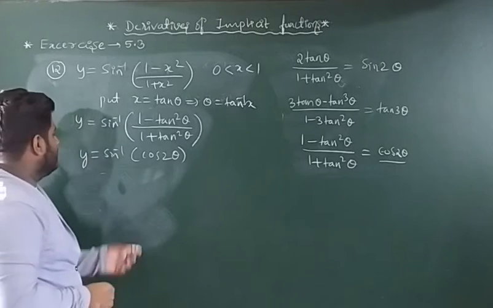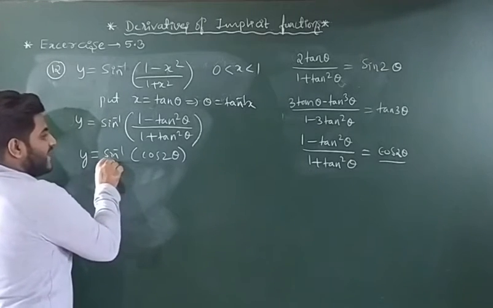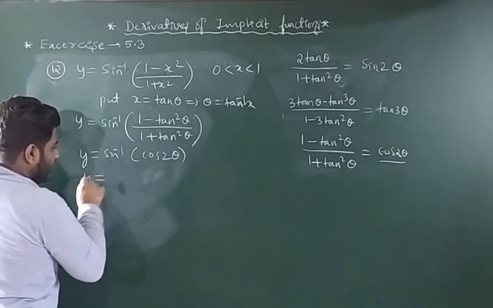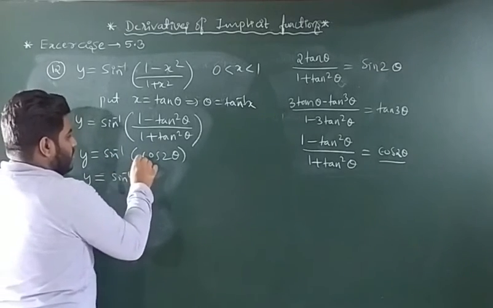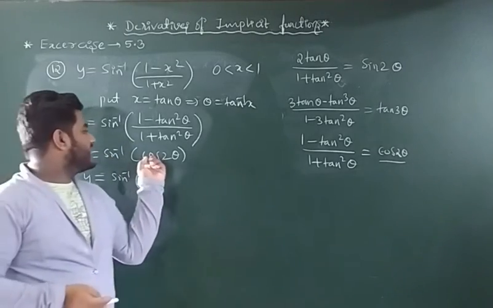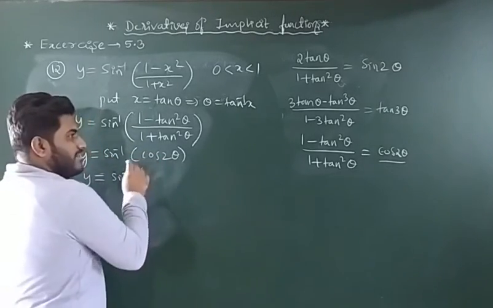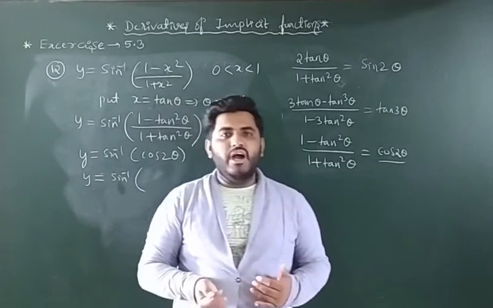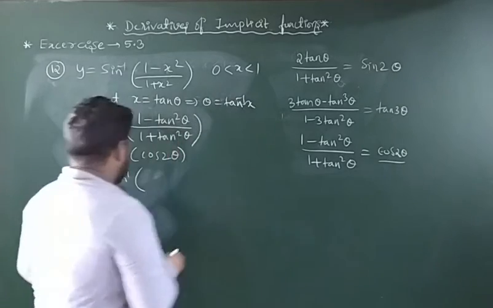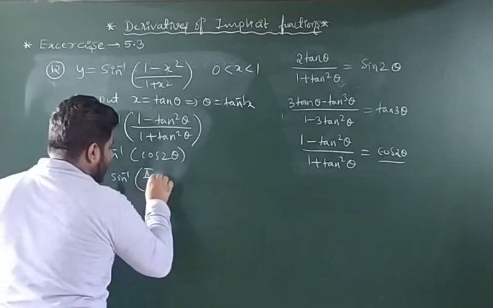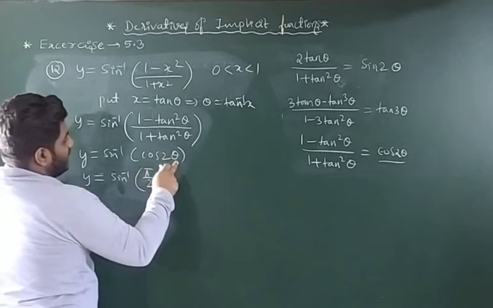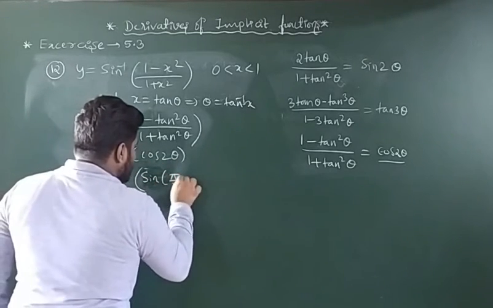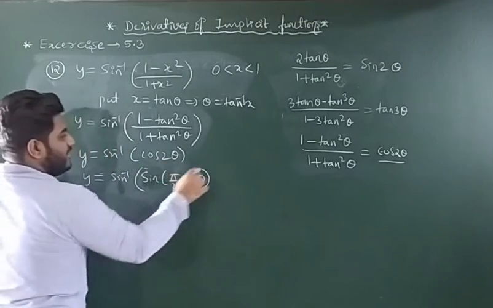y equal to. So which way do we go on? Here sin inverse is there, here cos is there. Convert this cos into sin. Because to cancel these two, we must convert cos to sin, right? So how to convert? We know already, to convert any trigonometric function into another, we have to go for 90 degree, right? So pi by 2 minus. So when we convert cos to sin, we have to write sin of pi by 2 minus 2 theta, where theta is nothing but 2 theta.